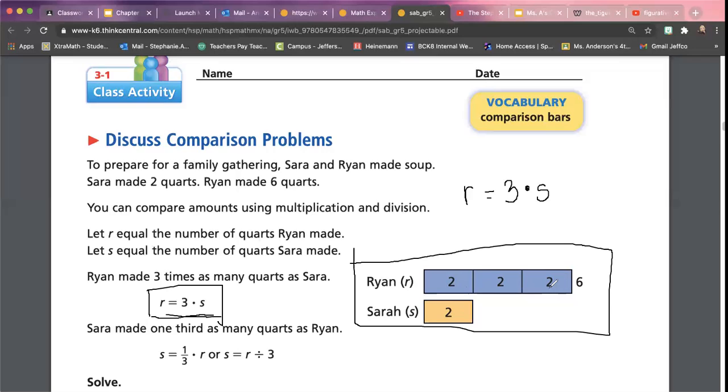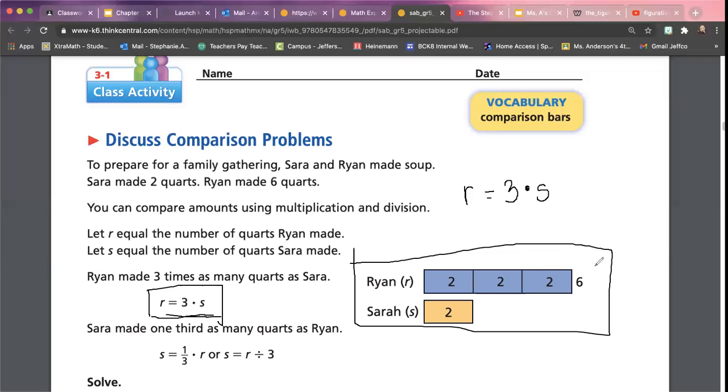We know that 1 times 3 is 3, so he has 3 times as many. So for every 1 quart of soup that Sarah makes, Ryan makes 3 times as many. Or for every 2 quarts that Sarah makes, Ryan makes 6. So if you guys think of it as,